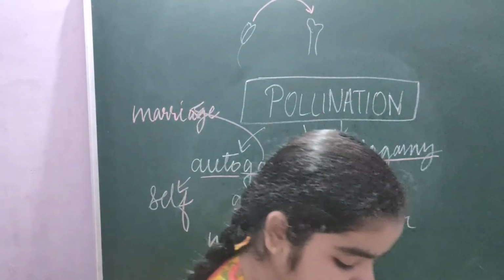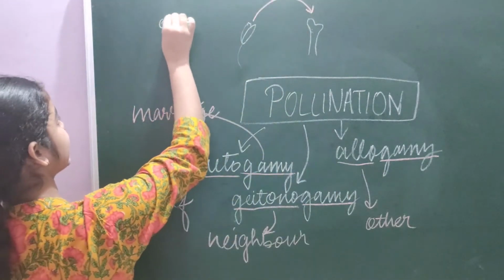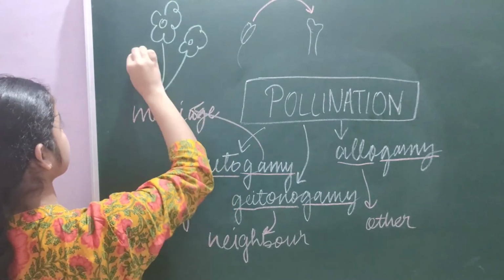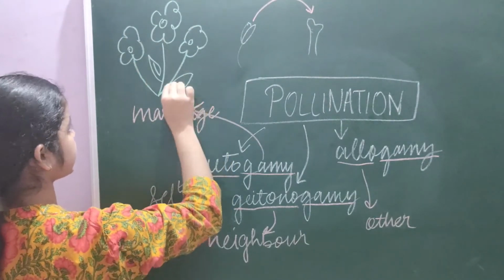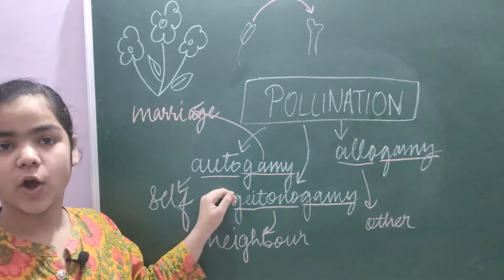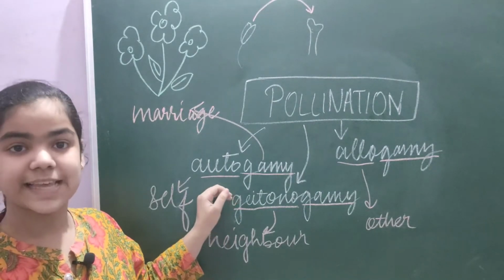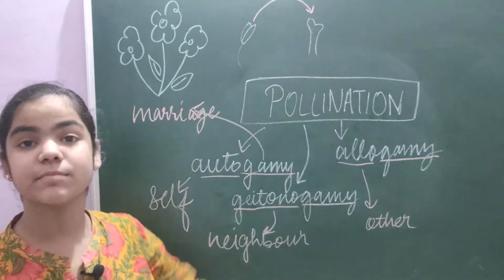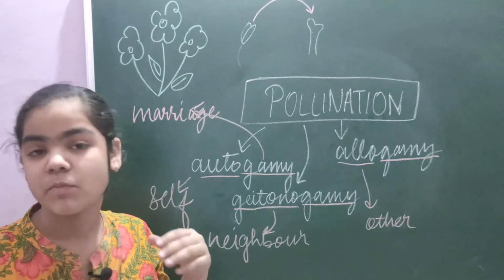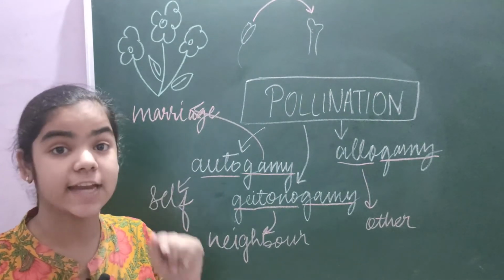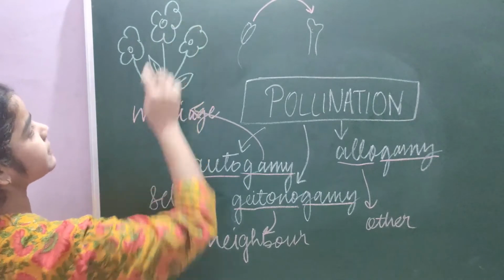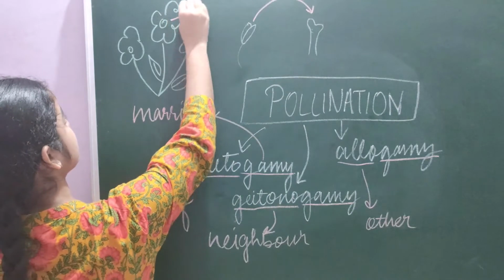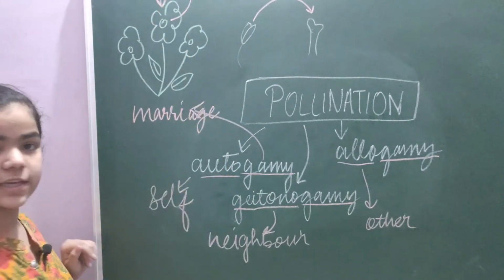If you see the structure of a flower, the plant may look somewhat like this. Now, what does it mean by autogamy? The self-pollination, or say the transfer of pollen grains from the anther to the stigma of the same flower of the same plant and of the same species. Like if this is the flower, it will contain the anther and the stigma. So the transfer of pollen grains will take place in this manner.